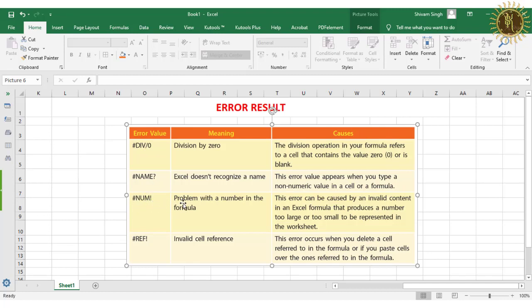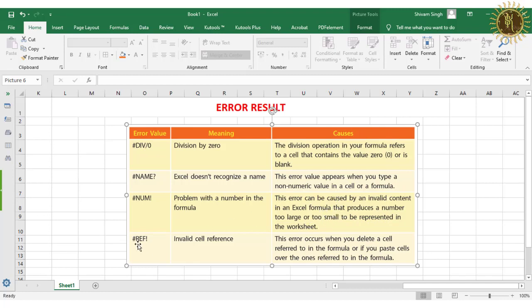Then hash NUM, problems with a number in the formula. This error can be caused by invalid content in an Excel formula. Maybe we have entered a wrong formula, or it produces a number too large or too small to be represented in the worksheet.